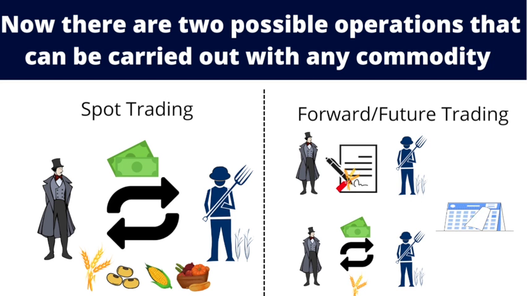Thus, from the appearance of the forward contract, two possible operations could be carried out with any commodity, be it wheat, soybeans, barley, or you name it. They are spot trading, that is, in which trading and settlement/clearing are simultaneous in time, or at the most there is a short time lag due to administrative reasons. And forward or futures trading, where trading and settlement/clearing have a time lag greater than that established for spot transactions.